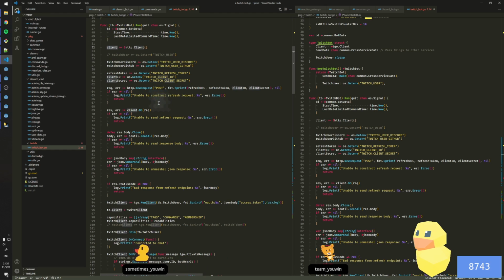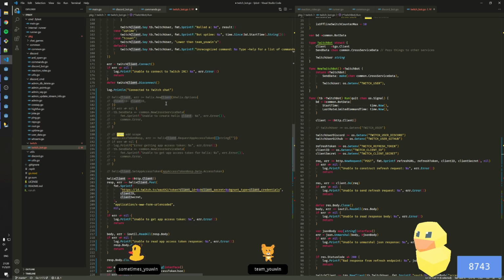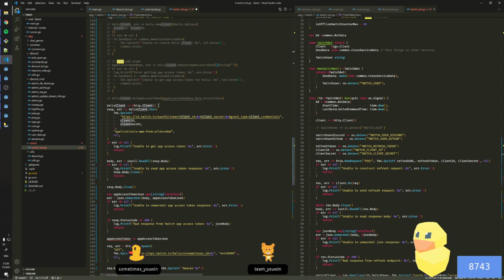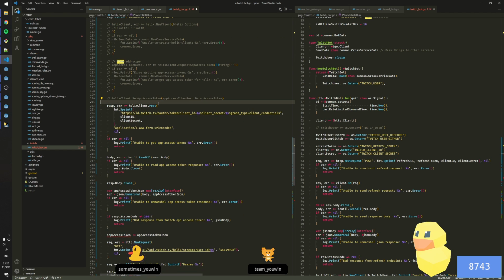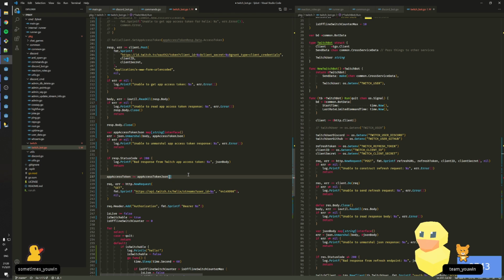Yeah. Like, what do I even do? Okay. Yeah, so we can reuse this entire client. That's okay. So let's get rid of this. Post it from just the regular client. App access token is taken from